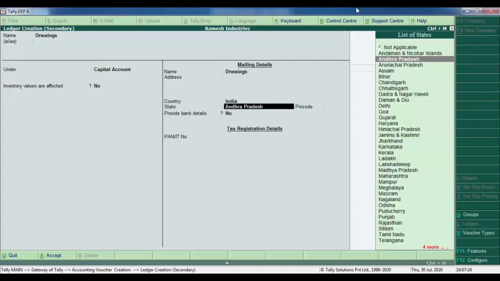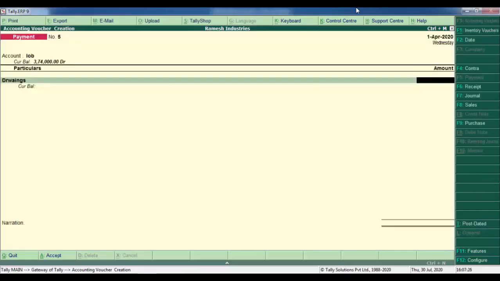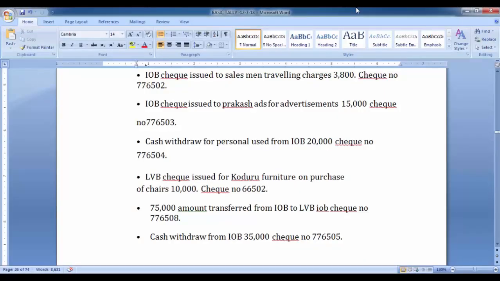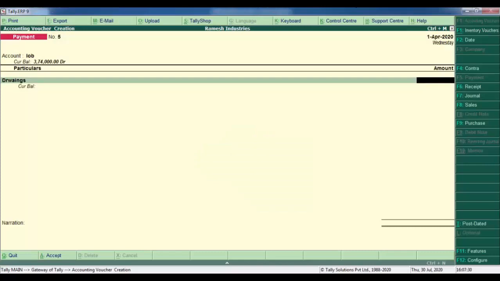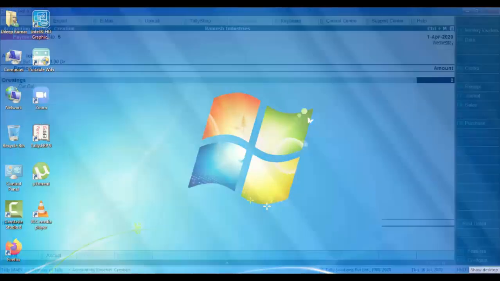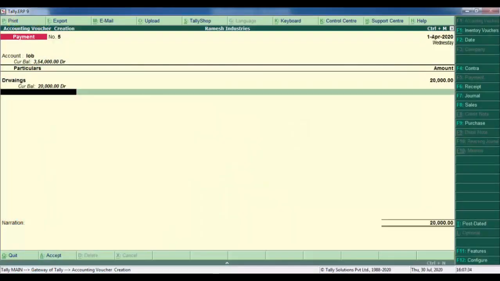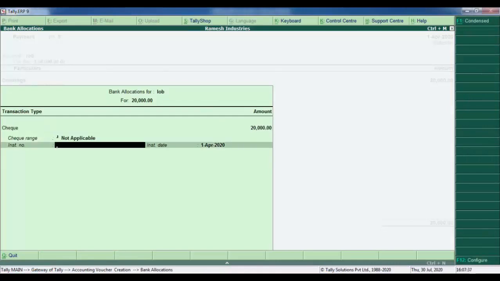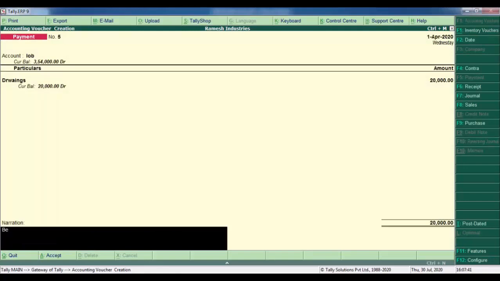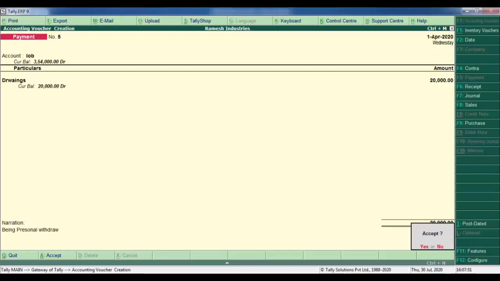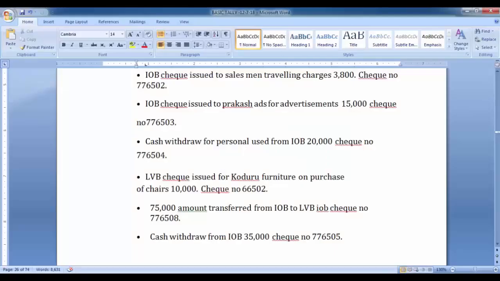The amount is 20,000, check number 776504, being personal withdraw. Save.